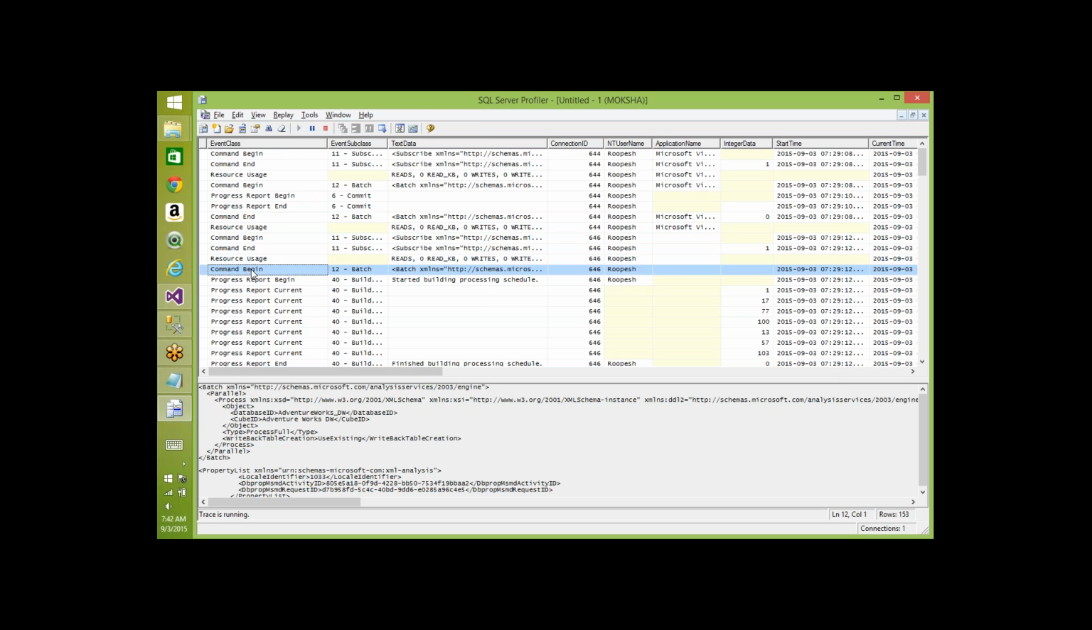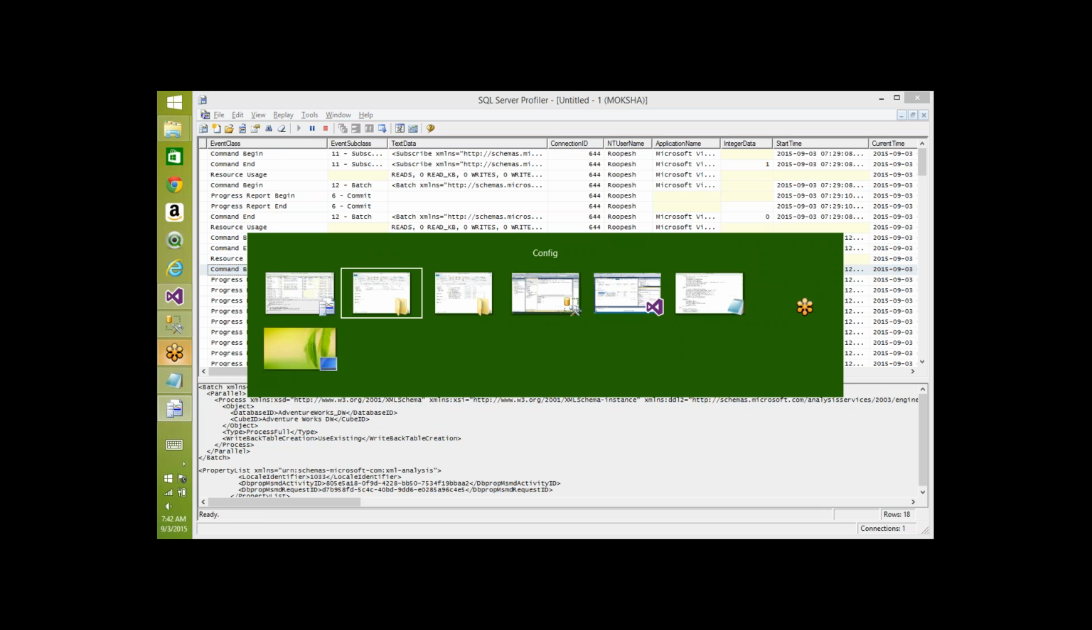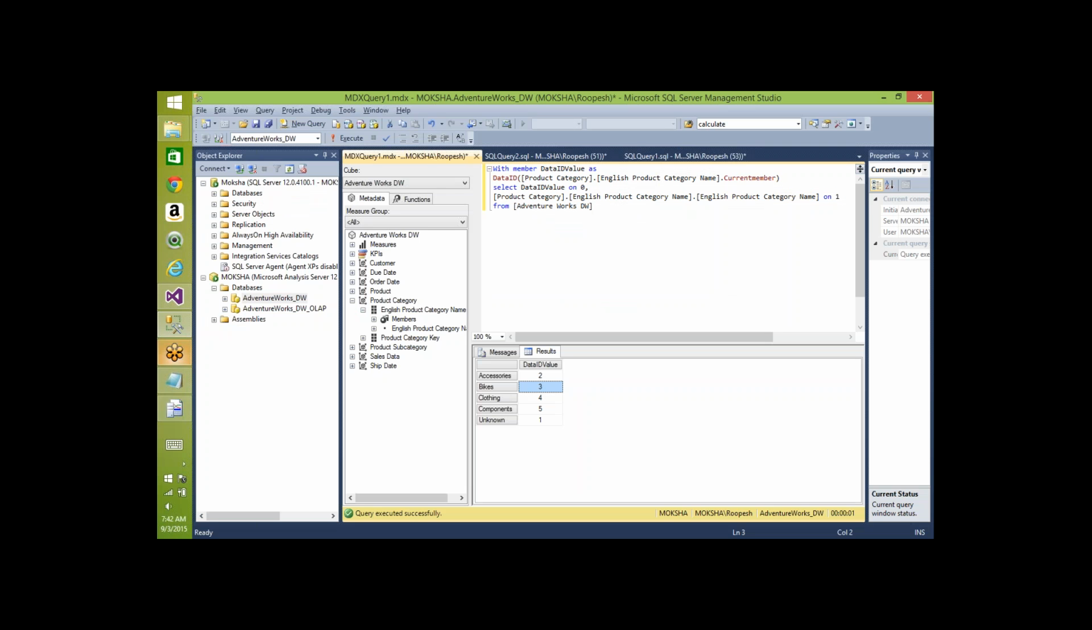This is the command begin. Instead of going with the SSDT processing wizard, I'm going to use SQL Server Management Studio to process. Now I know what query will be triggered when I process the whole cube. So to use the query to process the database, what you need to do is right click